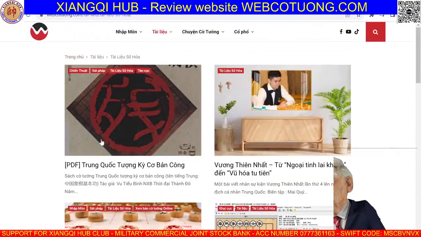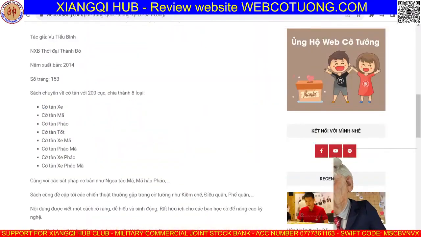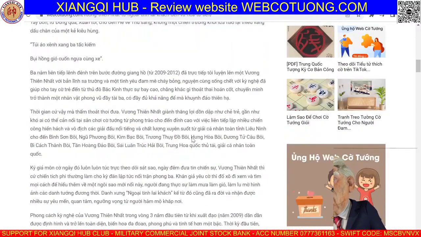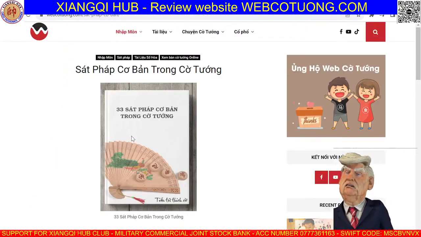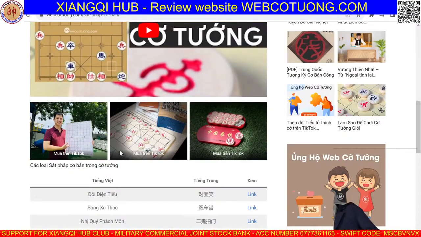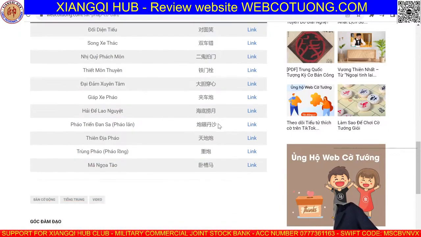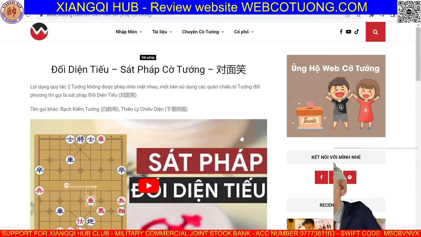So the first one, what do we have? That's the first book they installed. The first book. And this is the news about the player in China. We read it already. And what is it? The basic endgame. And a video link, with a very nice name here in Vietnam and in China. Maybe a very basic endgame. Let's try the link.